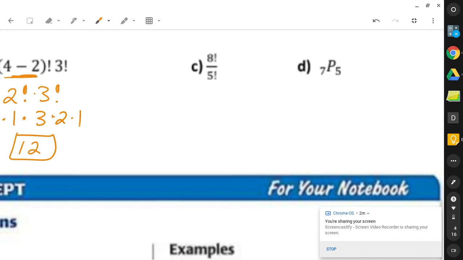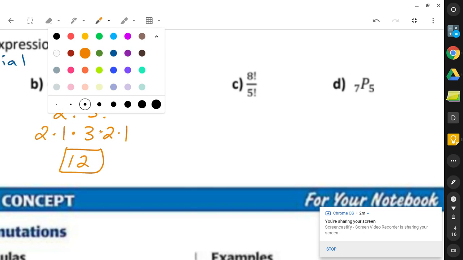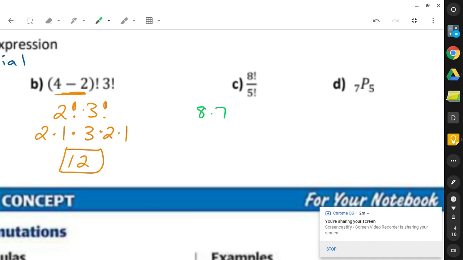Finally, if we look at this third one, 8 factorial over 5 factorial. So on top, 8 factorial is 8 times 7 times 6 times, really it's 5, 4, 3, 2, 1. But I'm going to take a little shortcut here, because 5 times 4 times 3 times 2 times 1 is 5 factorial. And the reason I stopped there is I have a 5 factorial on the bottom. So rather than writing both those out and canceling the factors, I can just say, well, I'm multiplying by 5 factorial and I'm dividing by it. So this answer is just 8 times 7 times